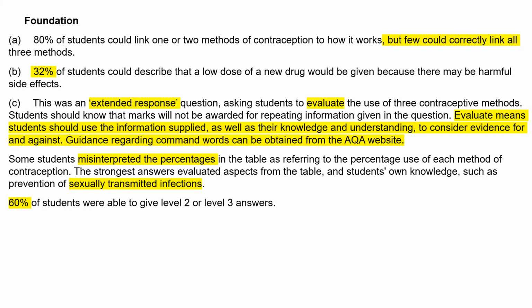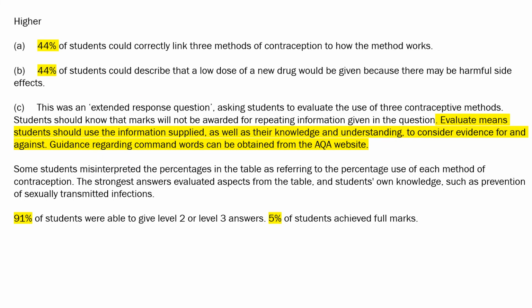On higher tier, it's slightly different percentages. So instead of having 80% getting correct methods, 44% of students could correctly link 3 methods of contraception to how the method works. And for part B, 44% of students could describe that a low dose of a new drug would be given because there may be harmful side effects. Part C,